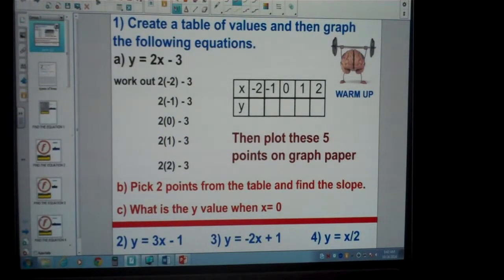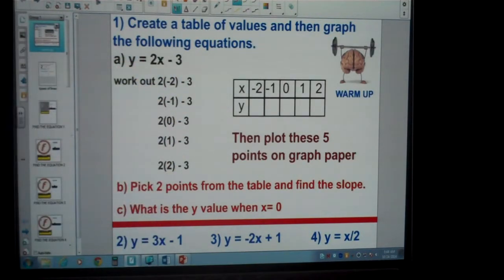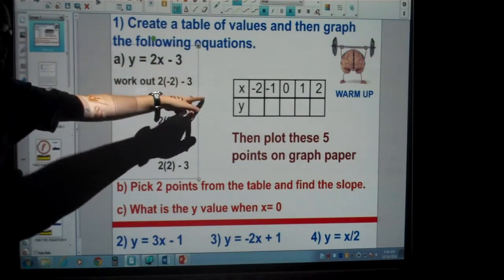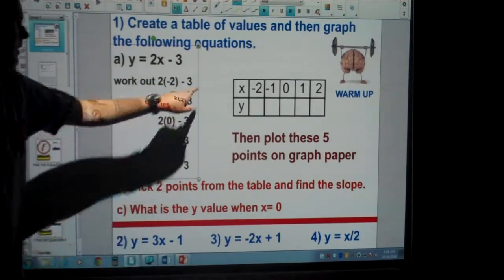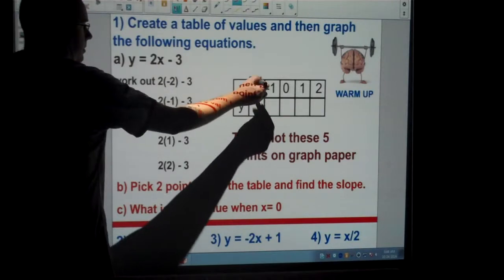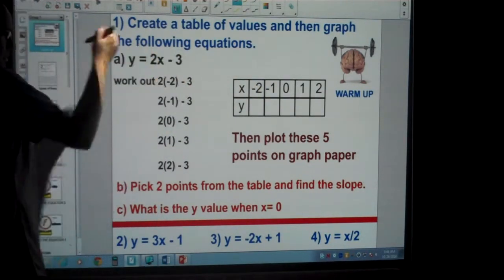Now, going back to a lesson we actually looked at in Unit 3, and also to do with substitution, so I guess we looked at in Unit 1 as well, is being able to draw a graph given an equation and creating a table of values. So when we're given a table of values, like we can see here, all we do is we substitute in each number in for x and then find out what that actually gives us, and this would be our y